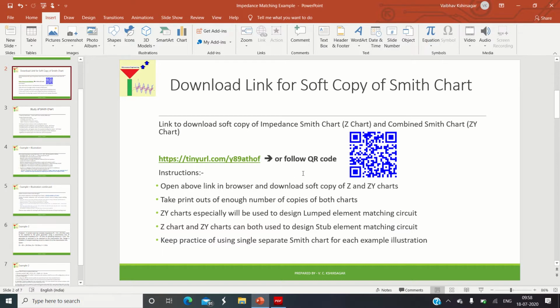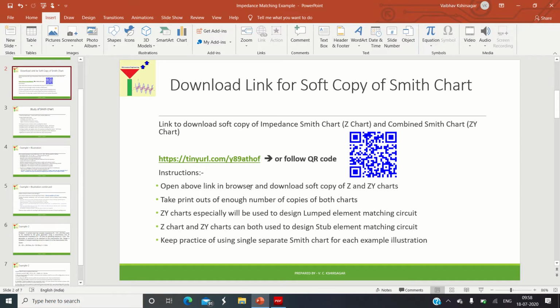And as and when we start solving the example, you follow the same example with me. Whatever procedure I will be performing in the lecture, I request you to be there with your individual Smith chart and the required tools. That is, we require a ruler, a compass, a pencil, and if you want to draw it colorful so that you can understand the concept quickly, you can make use of color pencils or color pens in order to do the design work on the Smith chart.